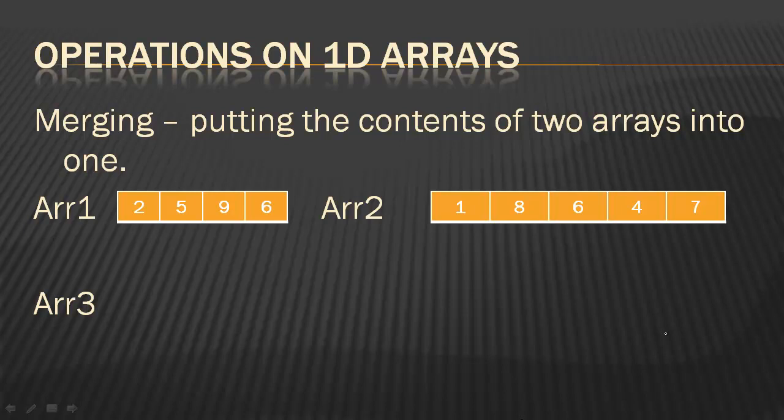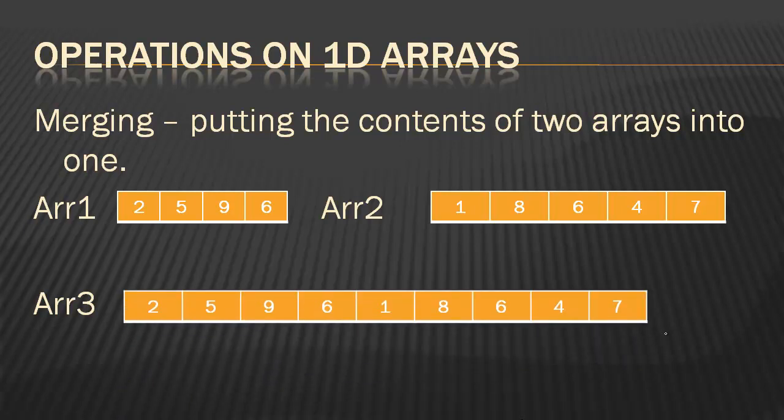Now on your screen you can see two arrays, array 1 and array 2. One way of merging would be to just copy the contents of array 1 and array 2 into array 3, as you see in this diagram. Another merging would be to copy the even elements of array 1 followed by the even elements of array 2 and so on. So this kind of merging we have already seen in class 11 when we did the chapter of list manipulation, correct? So what are we concentrating on here today?